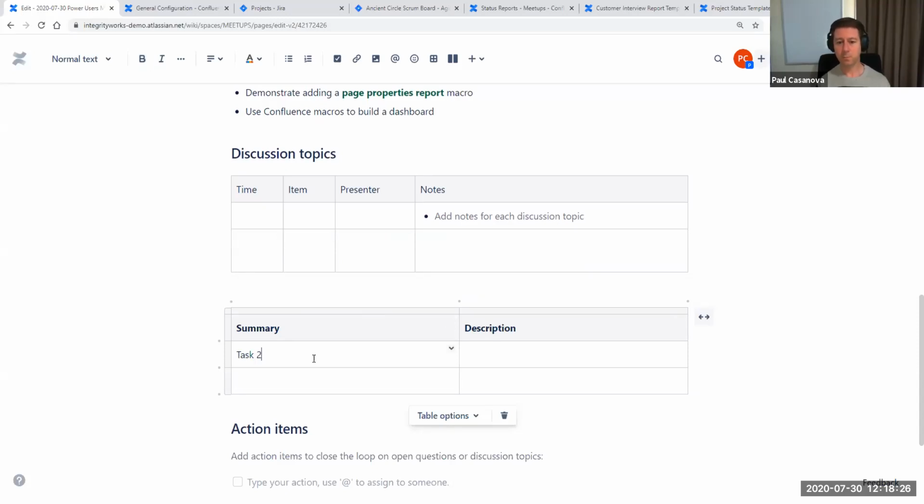Task 1, oops, not 21. Description 1. Two, description 2, and with Confluence, you can copy and